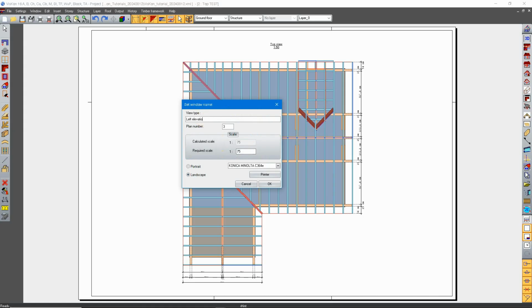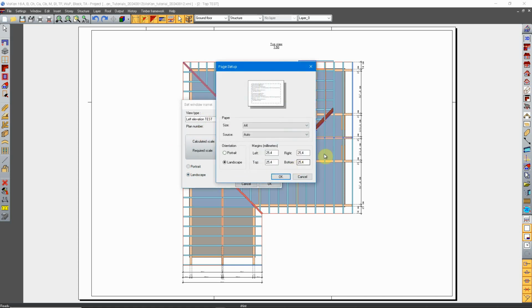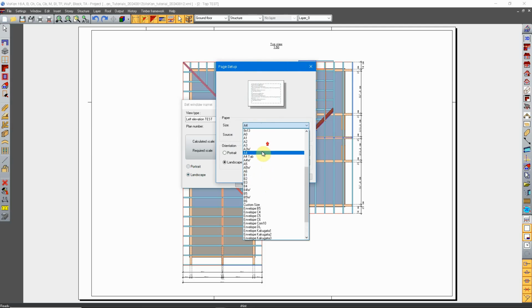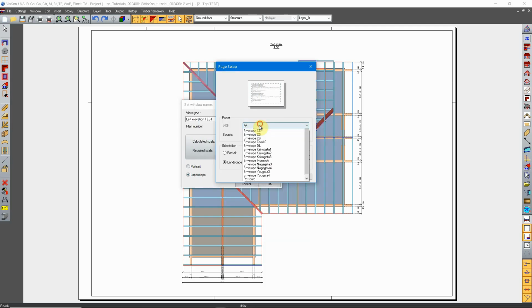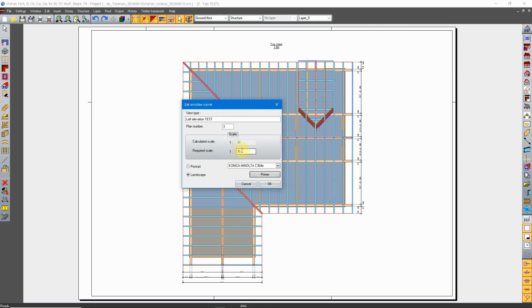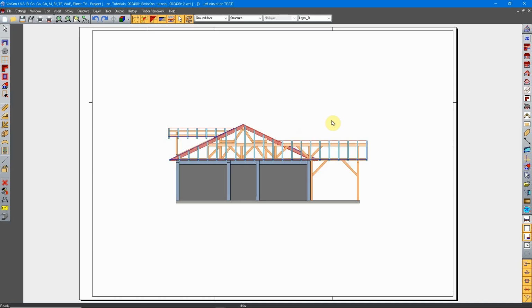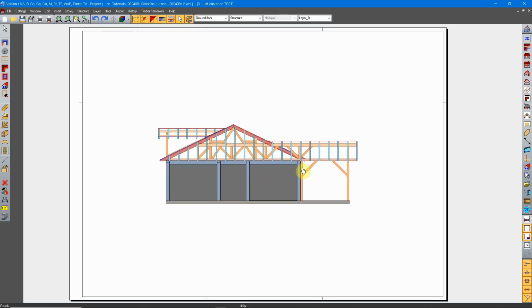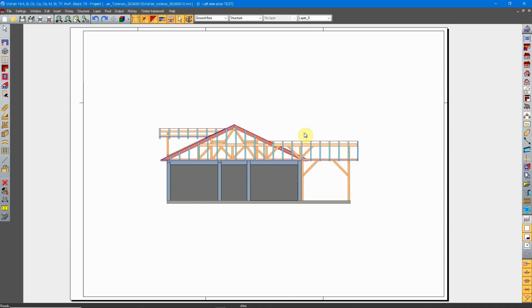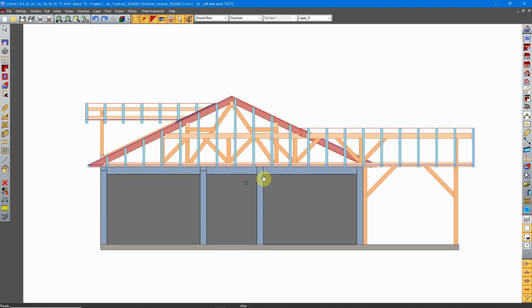Left elevation test. Again, select the correct page size. A2, yes. Margins. Okay. And now we have a calculated scale of 1 to 30. I'm going back to 1 to 50. It's gonna be a little bit smaller on the page, but we can always change it if you want. And now here we have an elevation